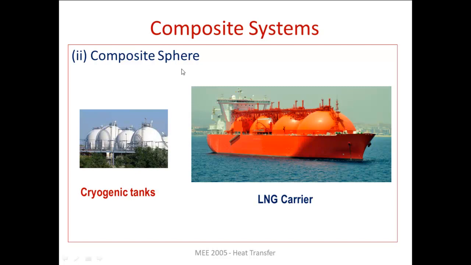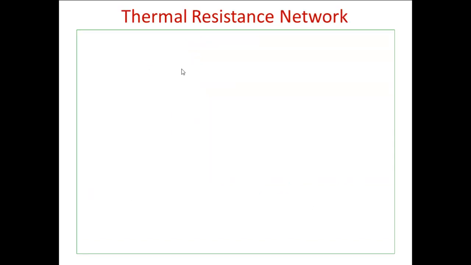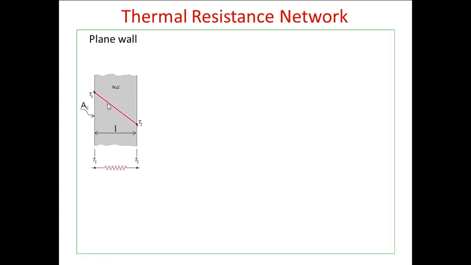Now let us get into the thermal analysis part. For determining the rate of heat transfer, we will be using the electrical analogy concept, where rate of heat transfer is delta T upon resistance. Now let us consider a simple plane wall. This plane wall is of thickness L and with a cross-sectional area AC with a thermal conductivity K. The plane wall is maintained at temperature T1, whereas the outer surface is maintained at temperature T2. The temperature T1 is greater than T2.